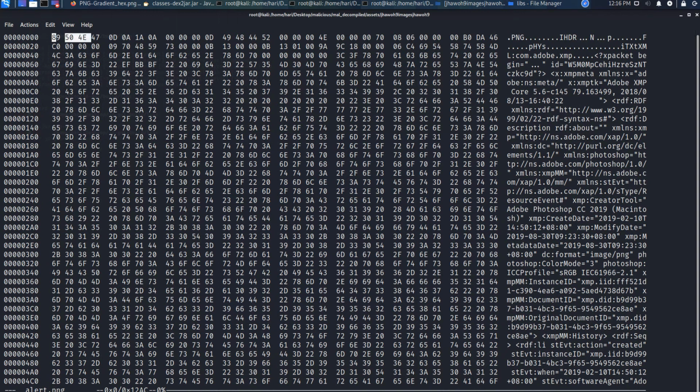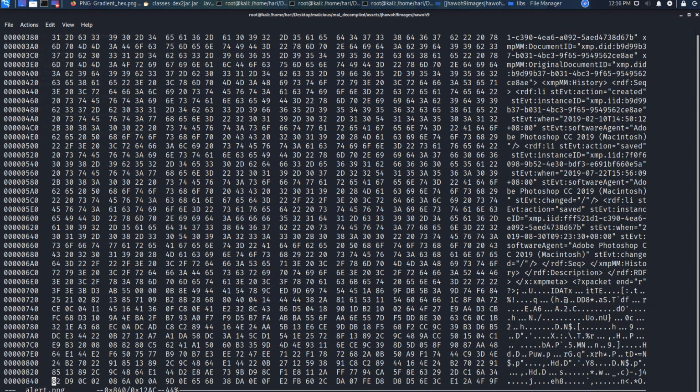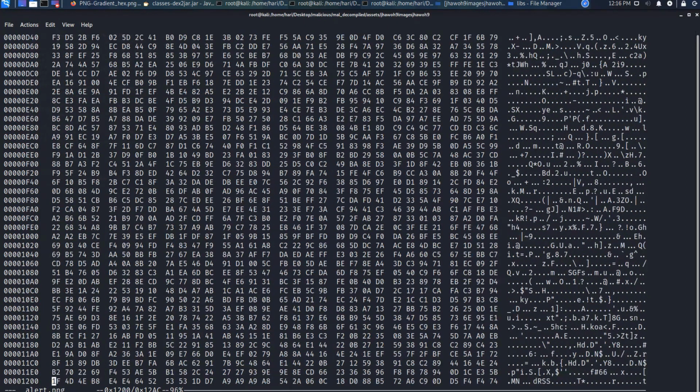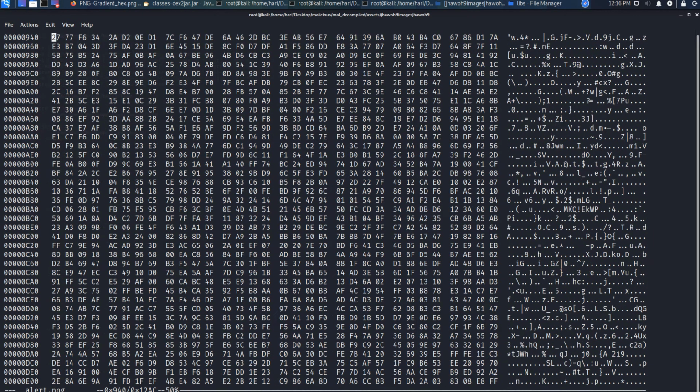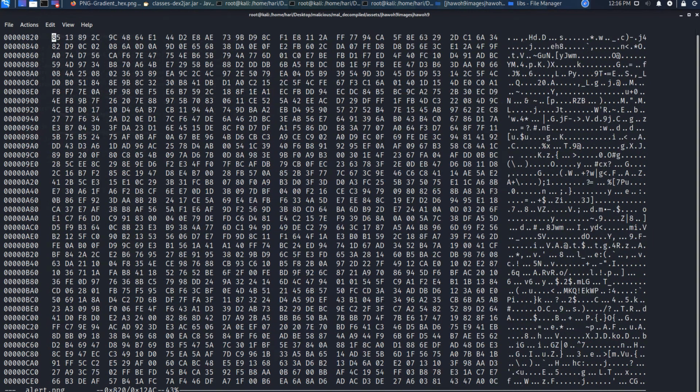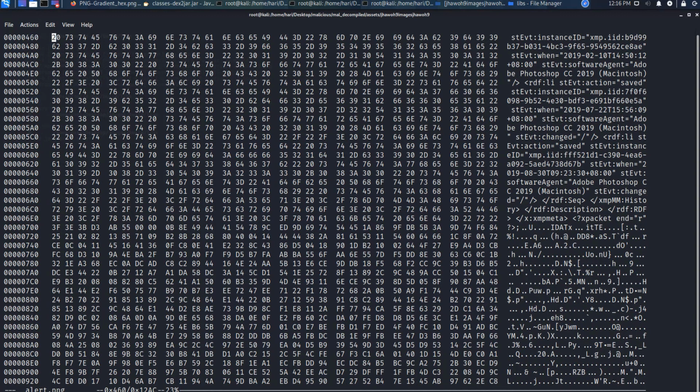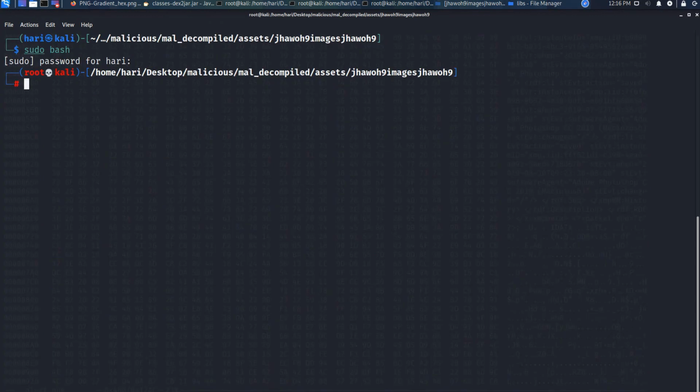This image also starts with .PNG, it's fine, and it contains some data segments. Let's go down. And here is IEND. Inside the data segment, the attacker is doing some kind of malicious activities. Let's check whether anything is happening.